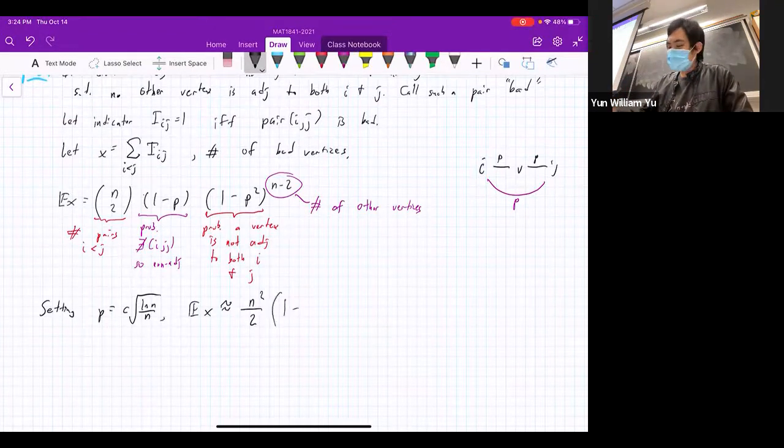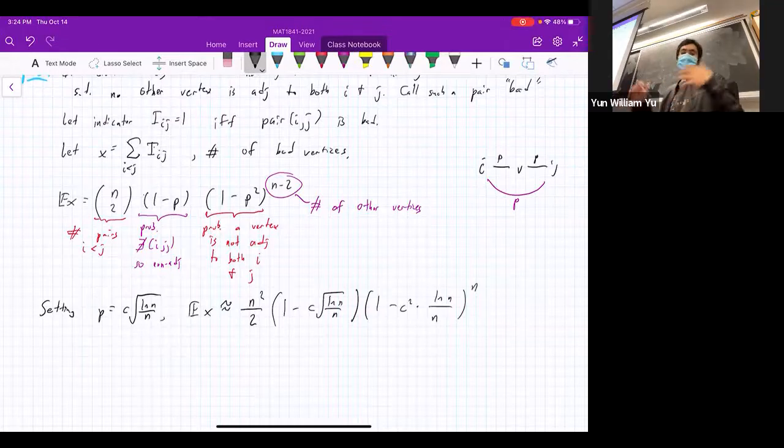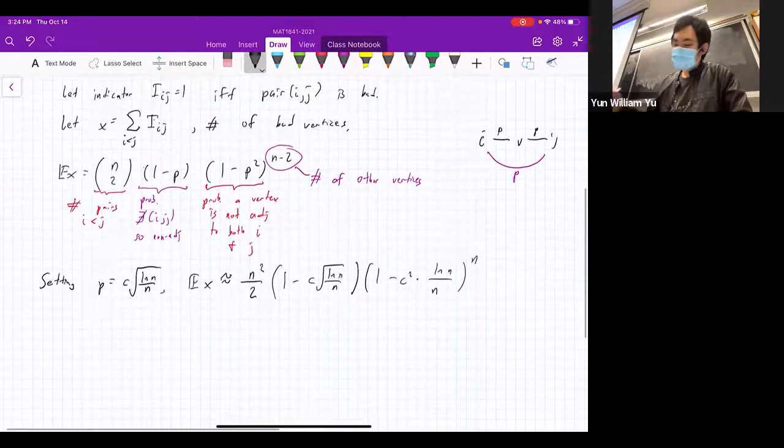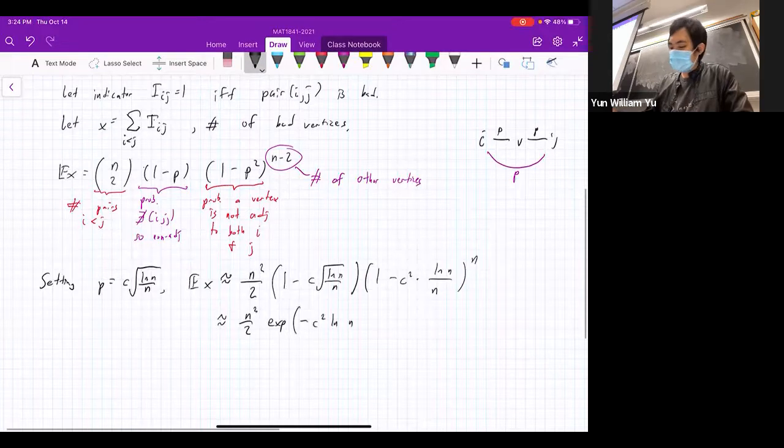Times 1 minus c times root ln n over n, times 1 minus c squared times ln n over n, to the nth power. Now, of course, this should be n minus 2, but again, we're playing fast and loose with constants. So this is approximately equal to n squared over 2 times e to the minus c squared ln n,